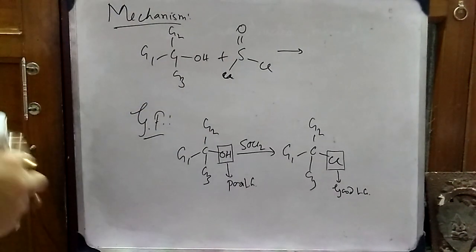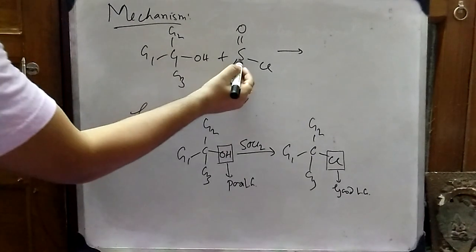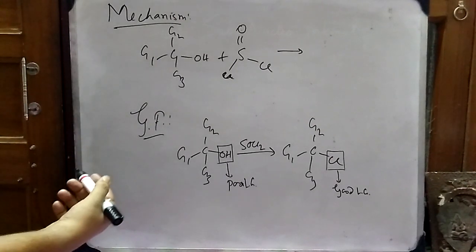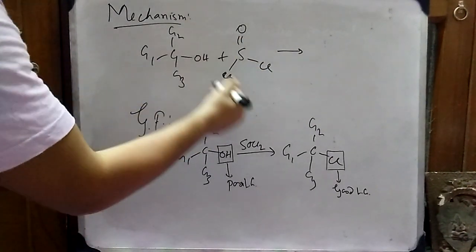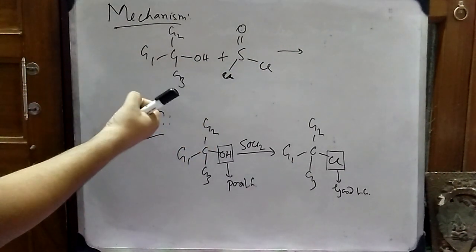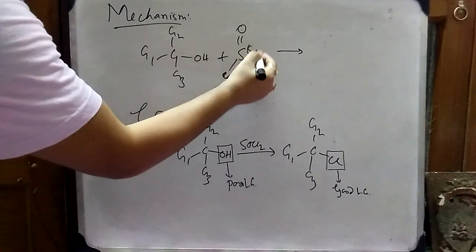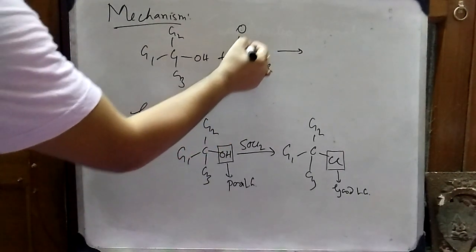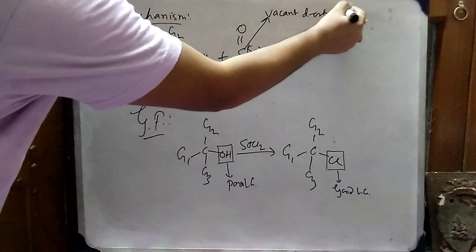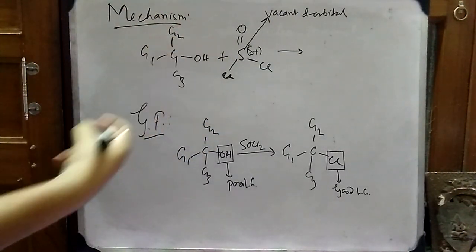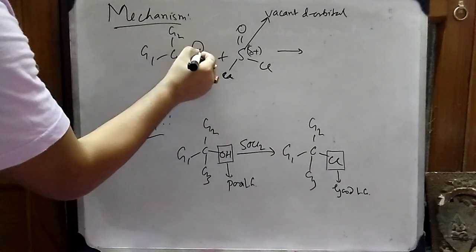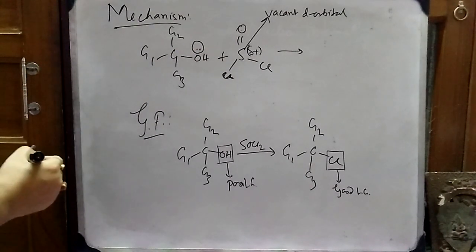Now in this SOCl2 part, the sulfur is attached to one oxygen and two chlorines, which are all more electronegative than itself. It is clear that the three groups will withdraw electrons from sulfur, making it electron deficient, or delta positive. Also, sulfur has a vacant d orbital, which will help it to take lone pairs of electrons or single electrons. Here oxygen has a lone pair of electrons in the alcohol part.